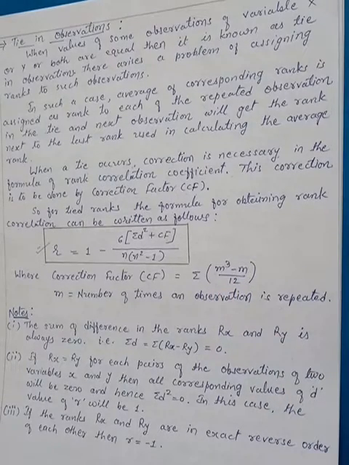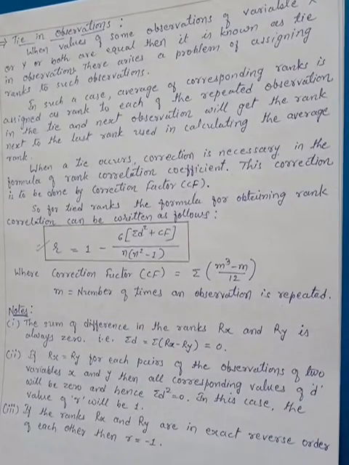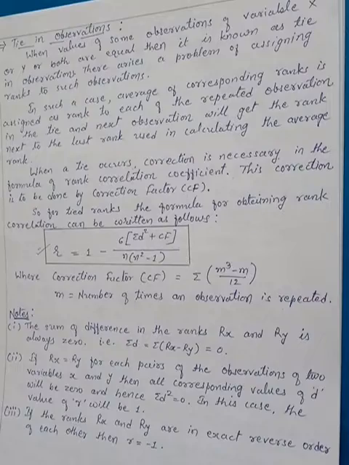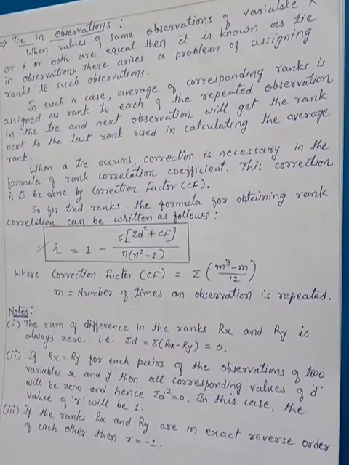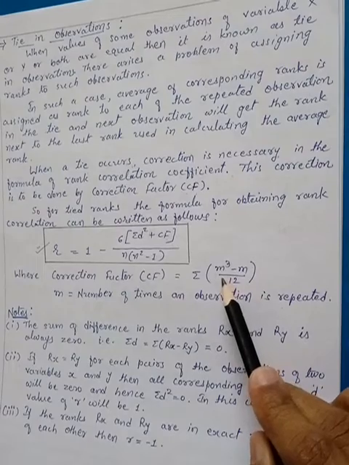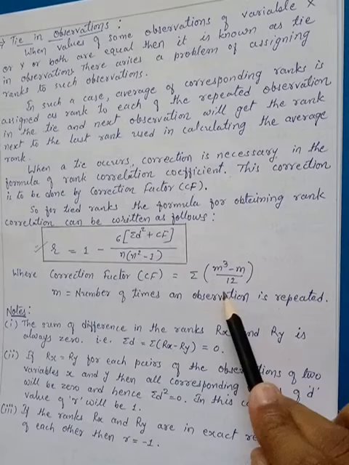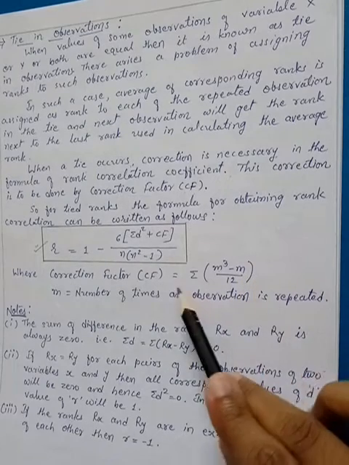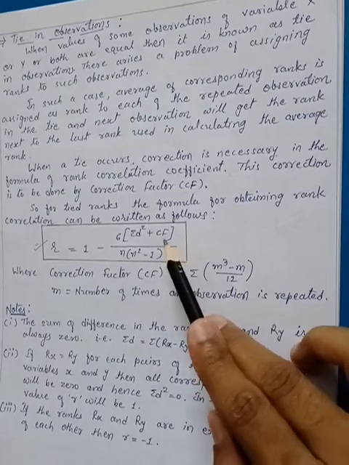Such a kind of repetition is available only for one value, or maybe possible for more than one value also. In only one variable or more than one variable also, both the things are possible. So how many times these different observations are repeated? Every time we have to find out for each repetition this correction factor, and their addition is known as correction factor CF. Okay, so that will be added over here.